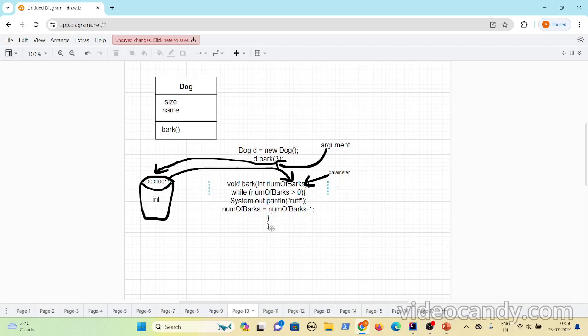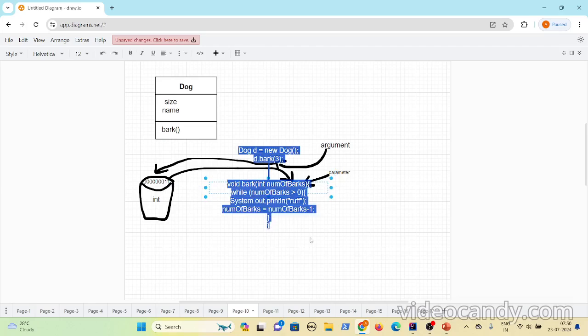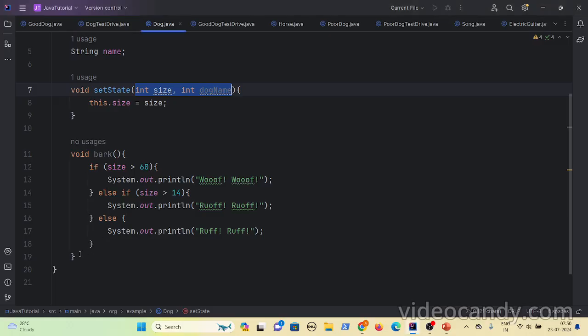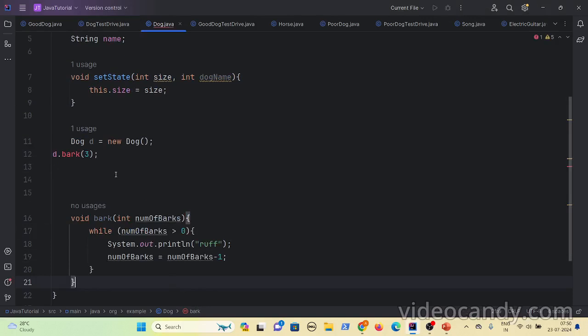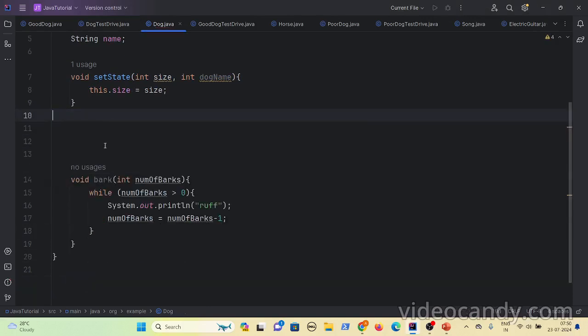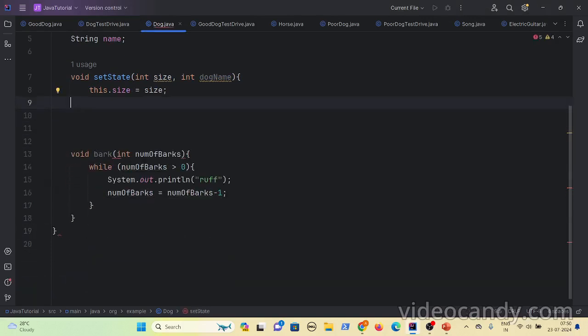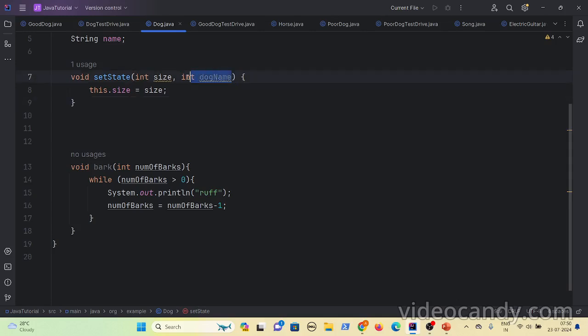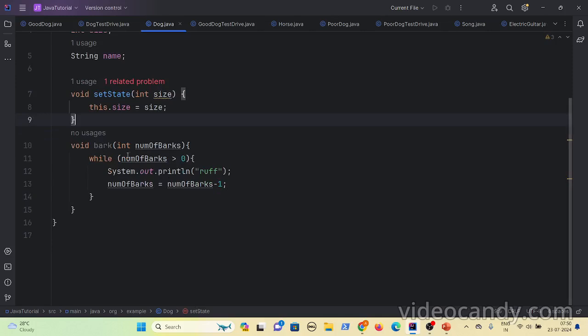We can do the same thing here. We will copy this logic and then we will run that out. Here, before, we did not have any parameter to the bark method. Now what we have is, we want the dog to bark for number of barks times. So the person, whoever is invoking the bark method, should pass this.